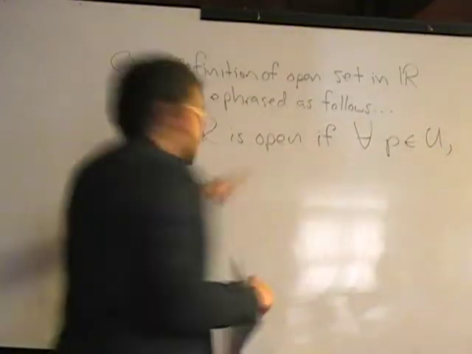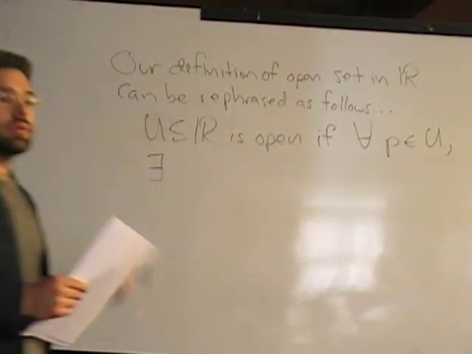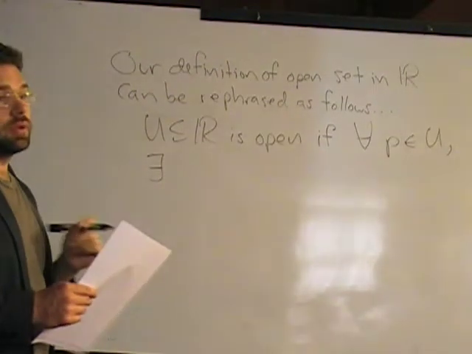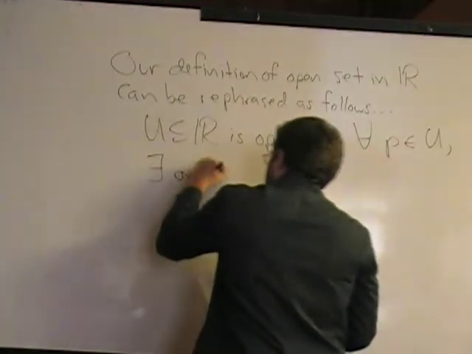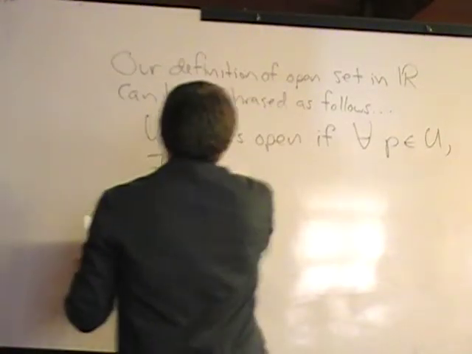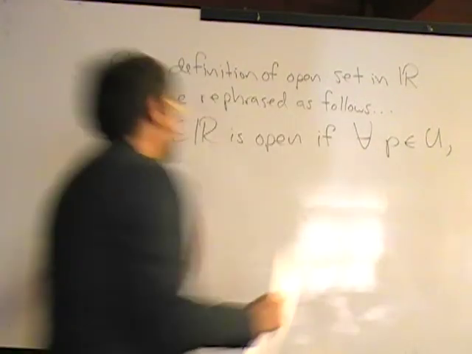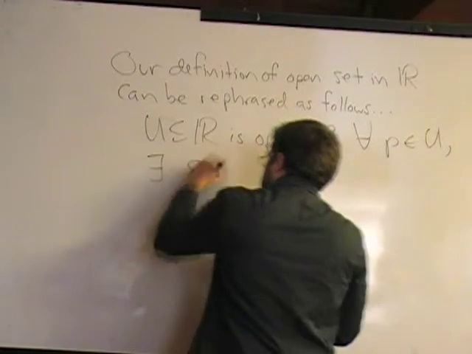but instead of saying there exists a number epsilon, you can actually just say that there exists something else we were just investigating, which is an open interval. In fact, it could be bounded or unbounded. There exists an open interval. I'll give you that one in a second. In fact, if you want to see how you arrive at that, here's an intermediate step. You can still say there exists an epsilon greater than 0